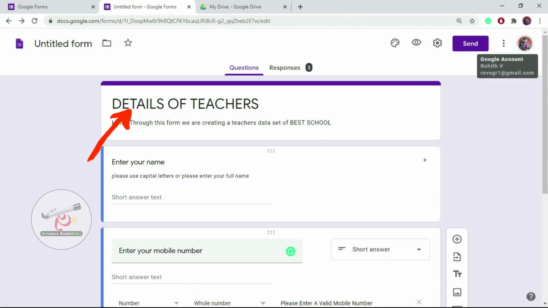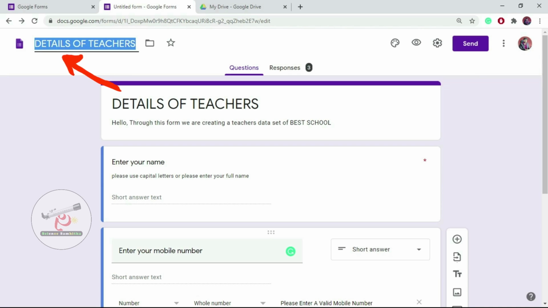Okay, so this is your form, this is the title of the form, and here you can fill the name of the Google form. That is, this Google form will be stored in your Google Drive itself. So for that file you have to give a name. Usually if you enter the title here and then click on this part, the title of the form will be copied here. But still, if you want to change the name, you can change it. Okay, yes, now it will be stored in your Google Drive.